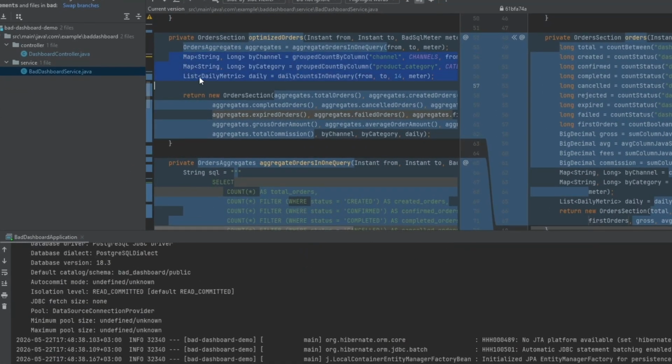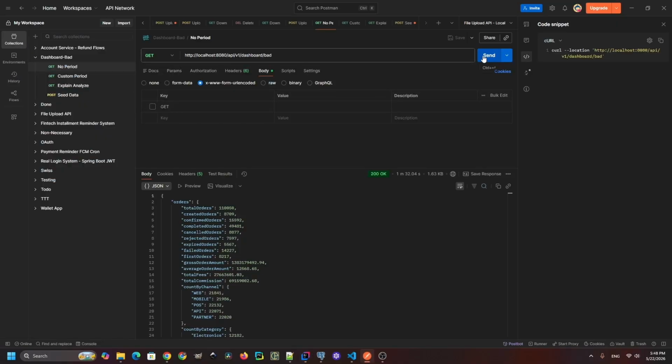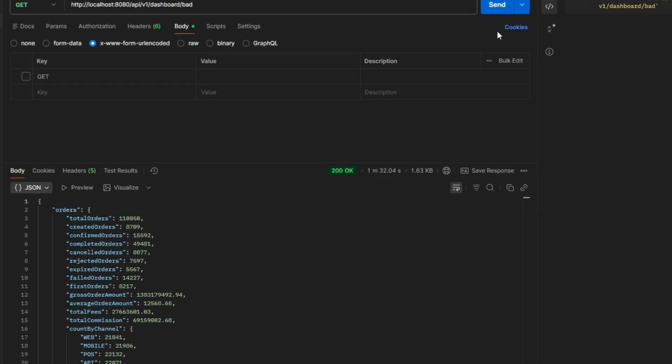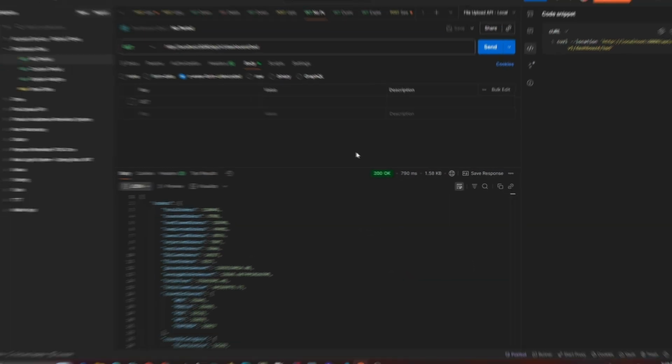The total was like 4 times. This time it was only going to the database 4 times. And let's see this kind of improvement. Previously it was taking 1 minute 32 seconds, and now it takes 790 milliseconds, which is really nice, but there is